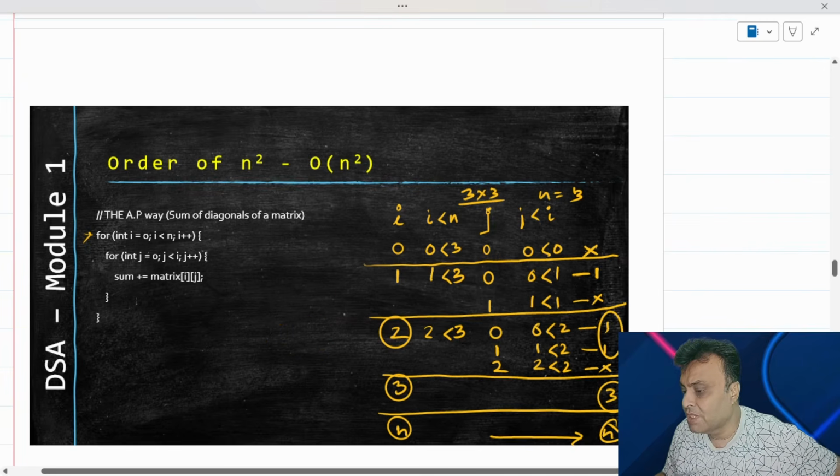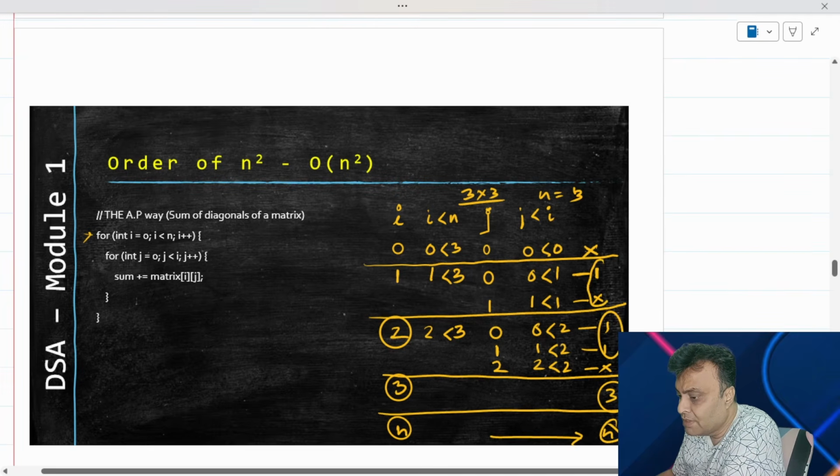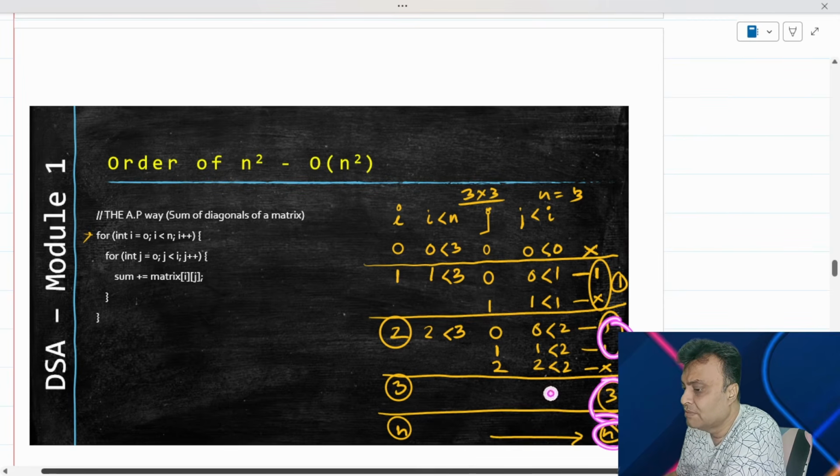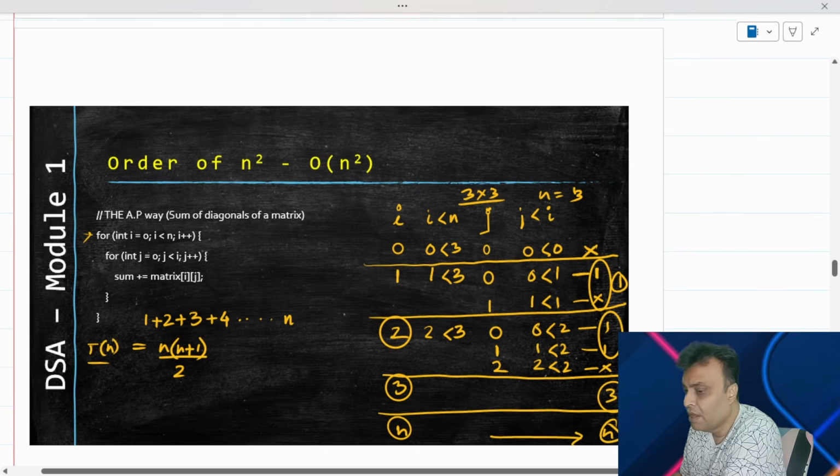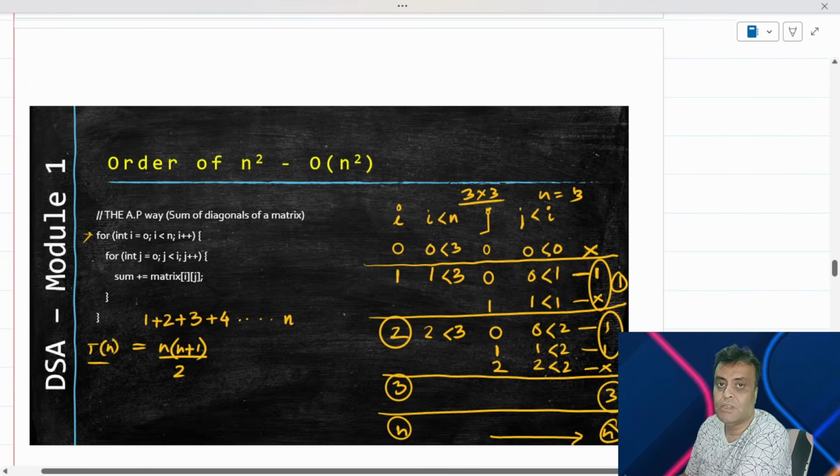Right? I think I have established that amply clear here, and which means that the number of times that I am executing this particular loop is basically this one plus this 2 times plus this 3 times plus this n times. So 1 plus 2. So the number of times I'm executing it is 1 plus 2 plus 3 plus 4 plus n times. Can I say therefore the number of times is an arithmetic progression which translates to this? So therefore can I say my time complexity is this? So my time complexity is coming to be Tn equal to n into n plus 1 by 2.